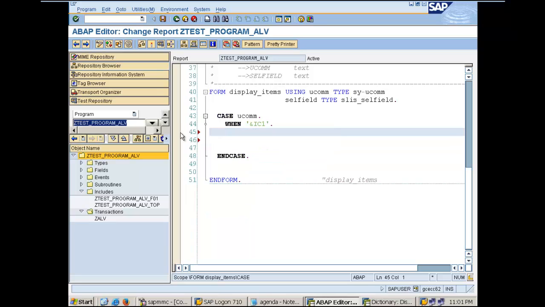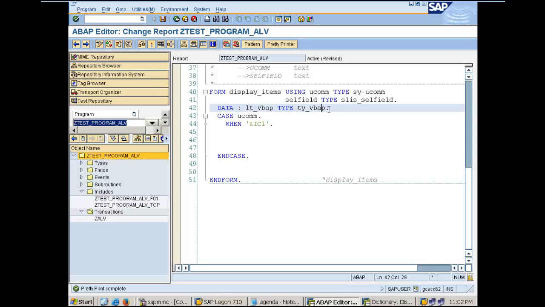So here I'll create a dummy internal table. Because it's local, I'll declare data LT underscore VBAP type UI underscore VBAP. LT underscore VBAP[] equal to IT underscore VBAP[]. So this way, the body of IT VBAP will be moved to LT VBAP. So if there are 1000 records, they will be transferred here as well. And then